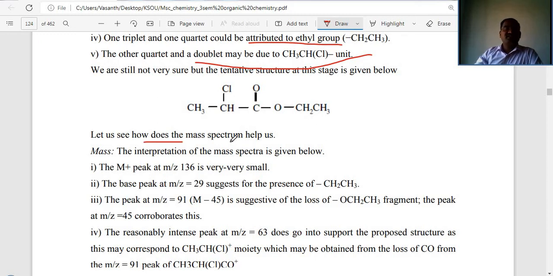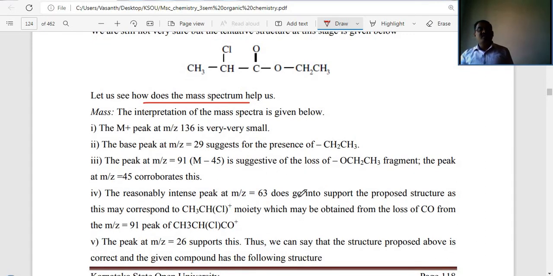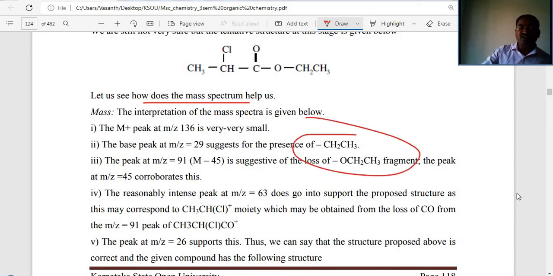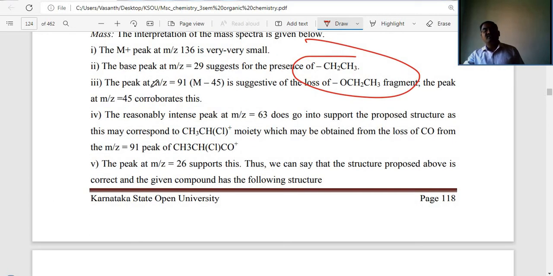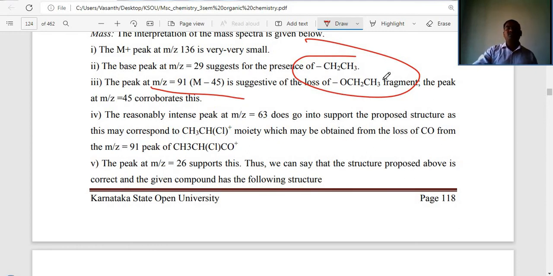Let us see how the mass spectrum helps us. The interpretation of the mass spectra is given. The M plus peak at m/z 136 is very small. The base peak is at m/z equal to 29, which suggests the presence of C2H5. The peak at 91 is presented here, C2H5OC2H3 etc. Yet the reasonably intense peak at m/z equal to 63